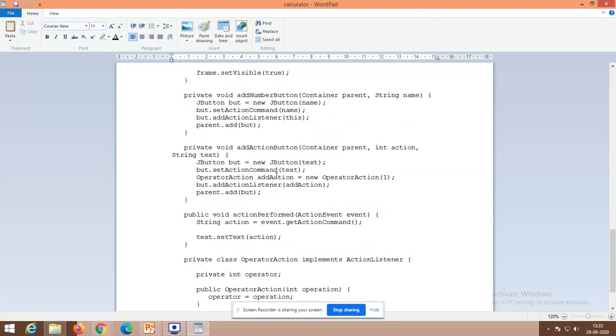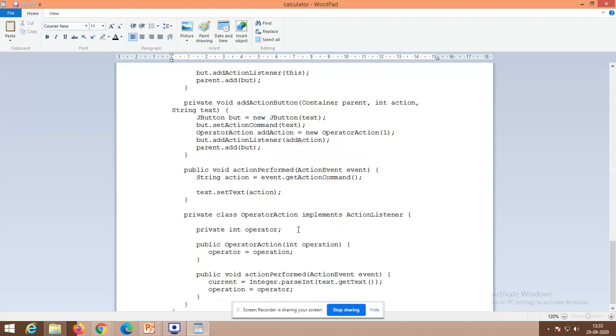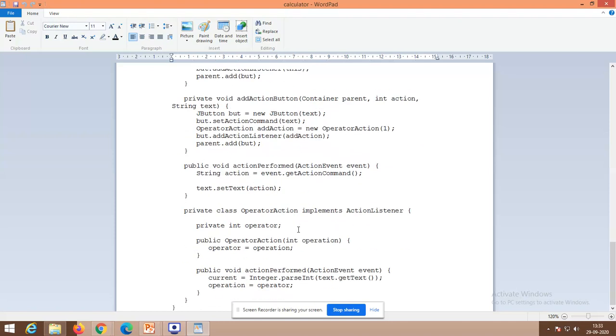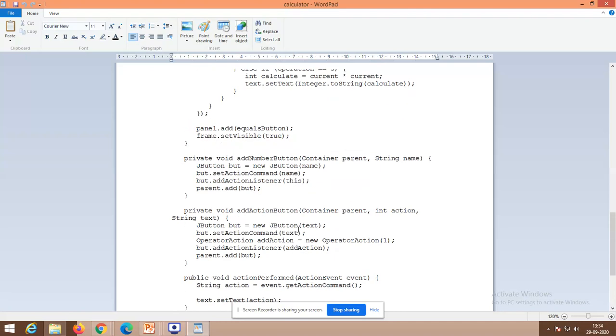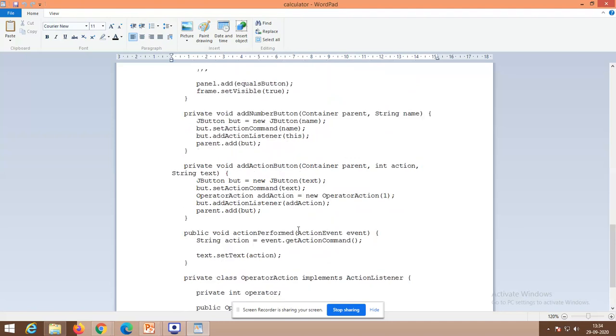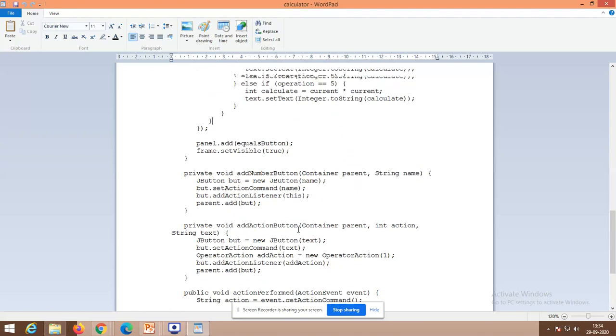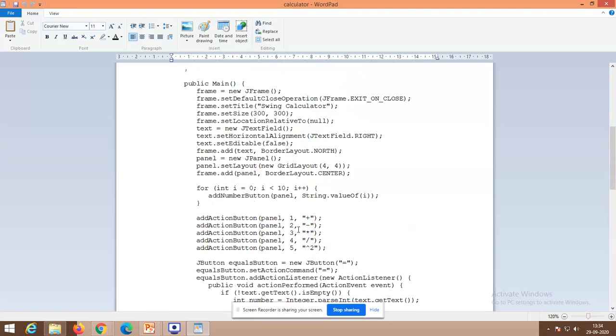Action event will make the control fire the input being received by the listener, right? So here they have written the corresponding code for the operations as well as for the numbers. That has been given here. So this simple calculator can be extended for your corresponding content.